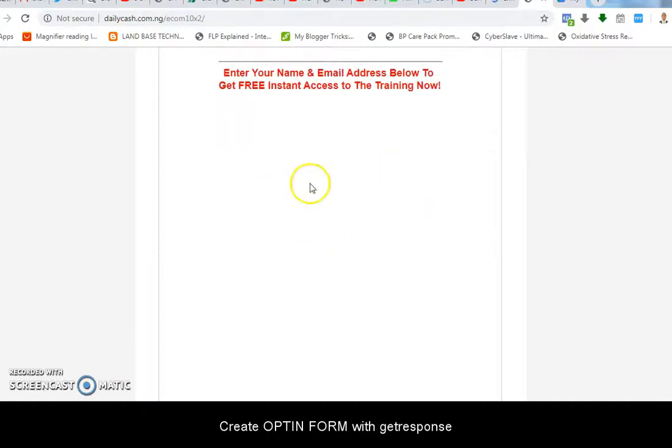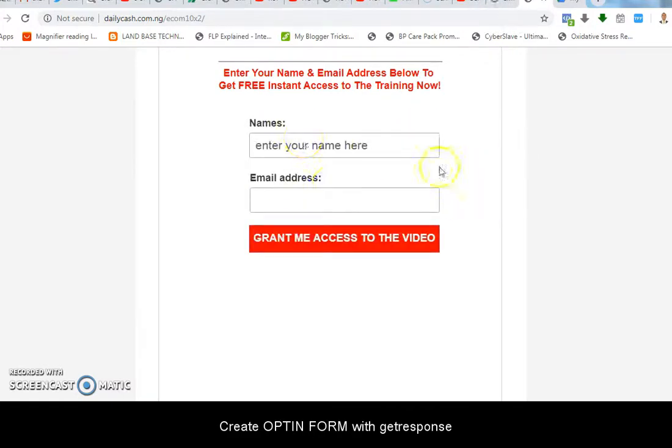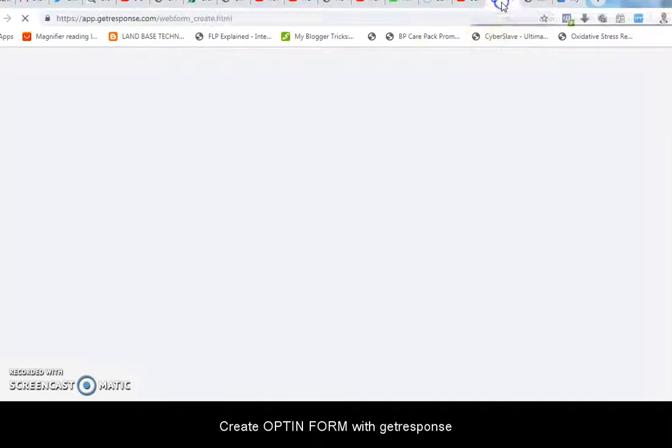The form is supposed to be here; I think when it loads, we come back. At least you have seen the form before now. For a form like this, there is a code you paste on your page. You collect a code from your autoresponder account and paste it on the page before this form shows on your page. So to create a form like this, you just click here.